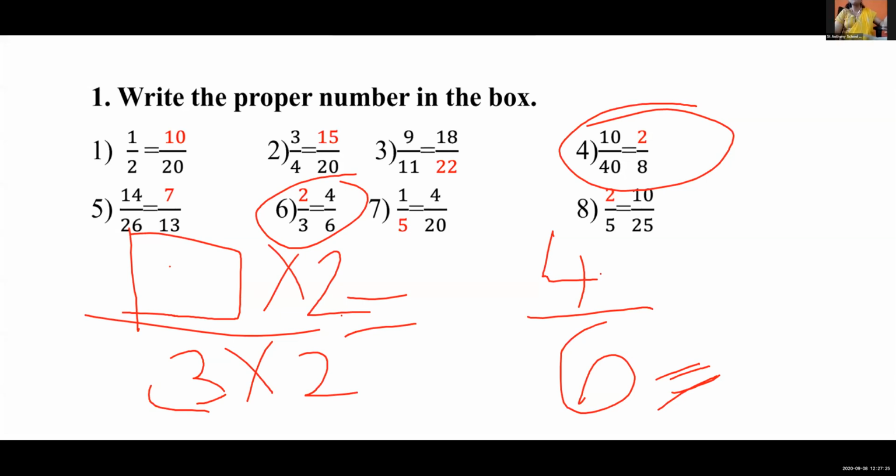So 6 twos would be 12, son, that would come here. Here 12 is there in the numerator. No, 4 is there. So which number will we take to multiply by 2 so that we can get 4 here? 2, na? 2 twos are 4. Otherwise, simple. This is the first method, to multiply. Now I'll tell you the second method.